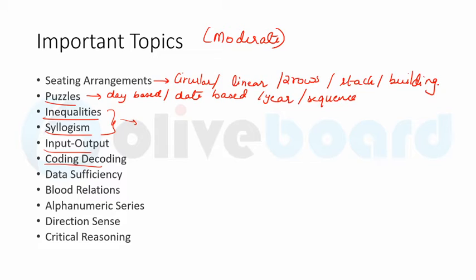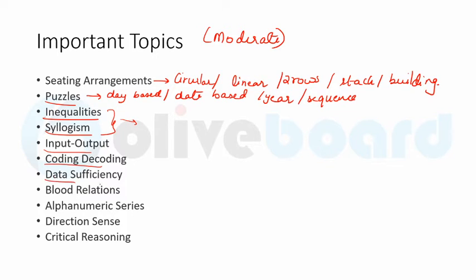For input, output again you can get the normal original input, output जो पुराने questions में आता था, उस तरह का input output you can expect to have, that is based on some logic, you will be expected to arrange the input, right? You have to understand the logic and then arrange the input as per the same logic. Or it may be a number based arrangement as well. Number based पे भी questions हो सकते हैं, that every step is having a different logic, so you have to understand the logic and apply the same logic on the input, right? So input, output, coding, decoding again are a very important topic.